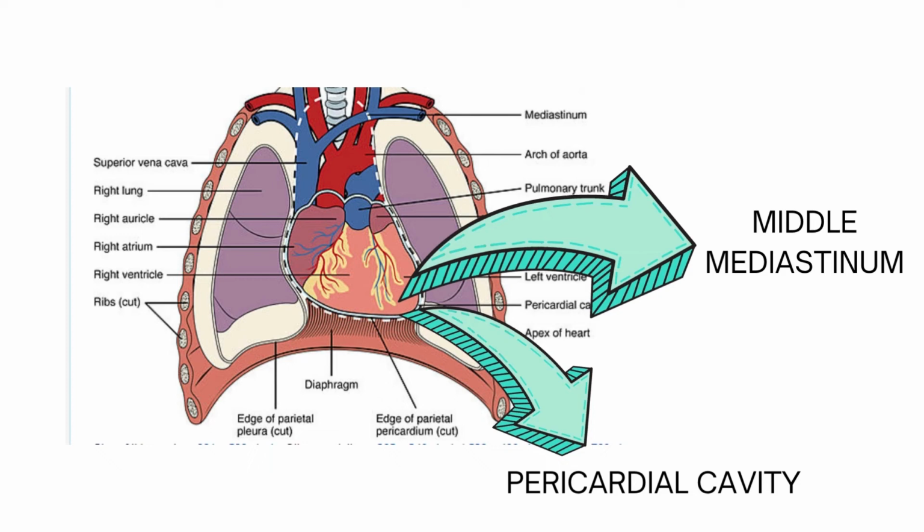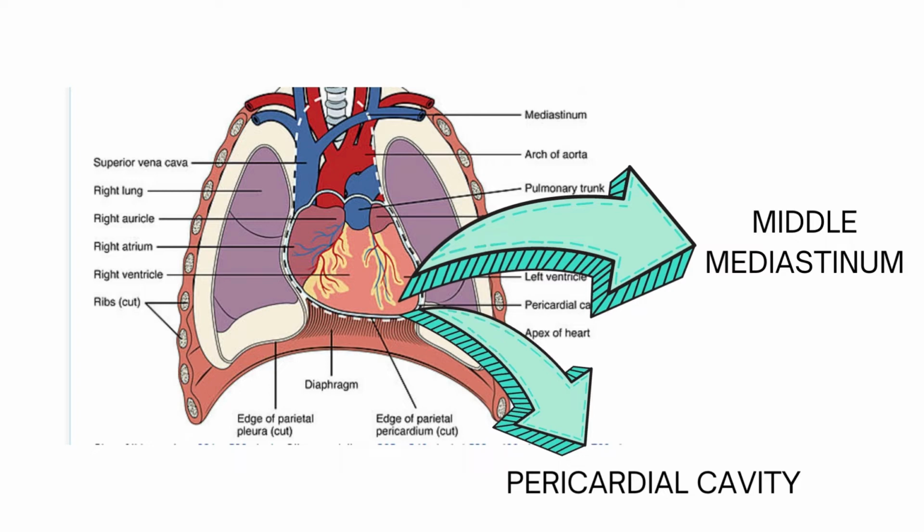Hello people. Today I am going to talk about functional anatomy of the heart in a very simple and straight-to-the-point manner. The heart is located in the region of the thorax called the middle mediastinum. It is enclosed in a cavity called the pericardial cavity, which is the potential space between the parietal and visceral layers of serous pericardium. It normally contains a thin film of fluid that enables the heart to contract and relax